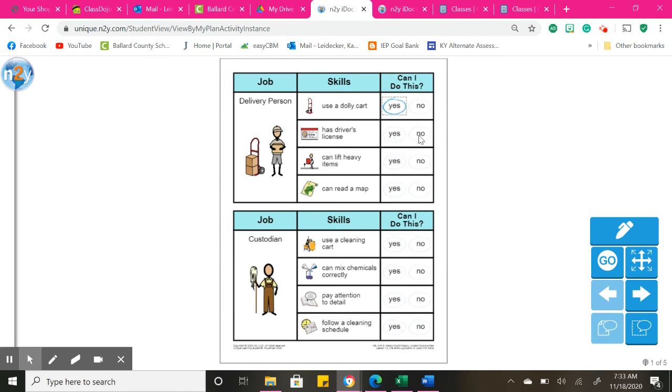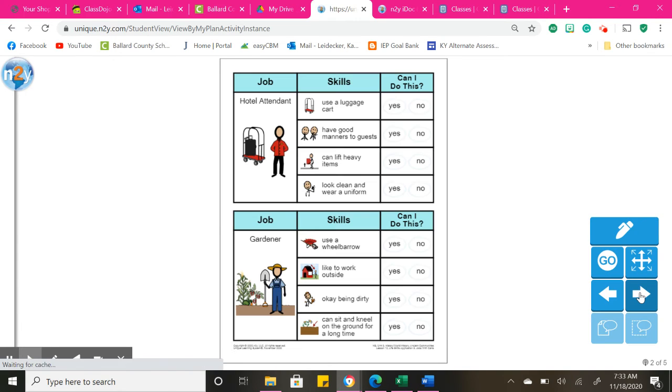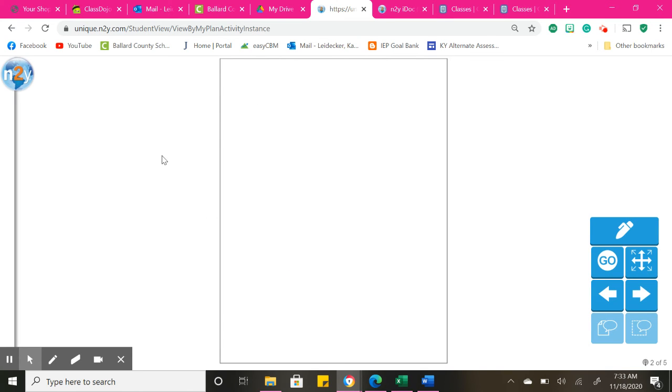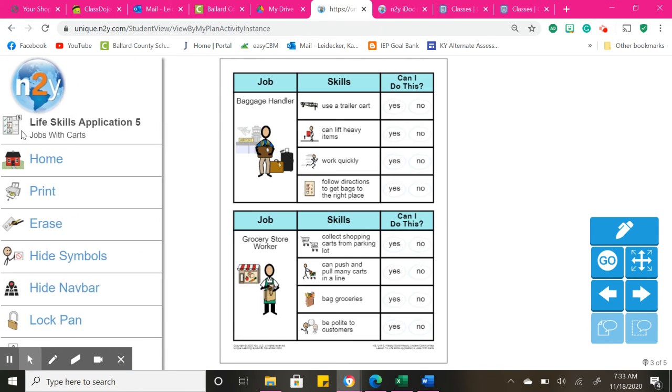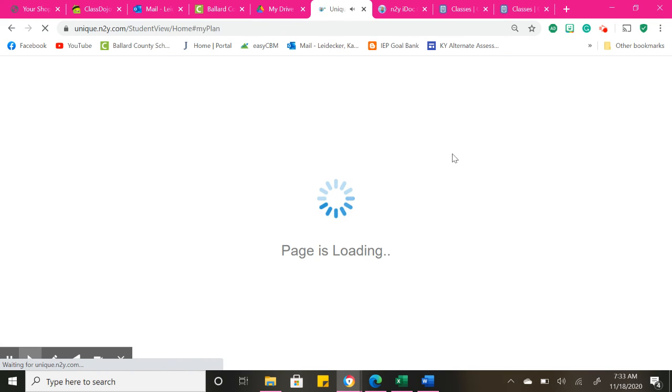Has a driver's license. Well, I'm going to click yes. You all will put no. Yes. Can lift heavy items. Yes, I can lift heavy items. And I can read a map. Yes. Okay, so you will go through these. There's quite a bit of them, but they're kind of fun to do. So take some time and go through those, the different jobs. There's more to do. I am done. Okay, so that would be it for